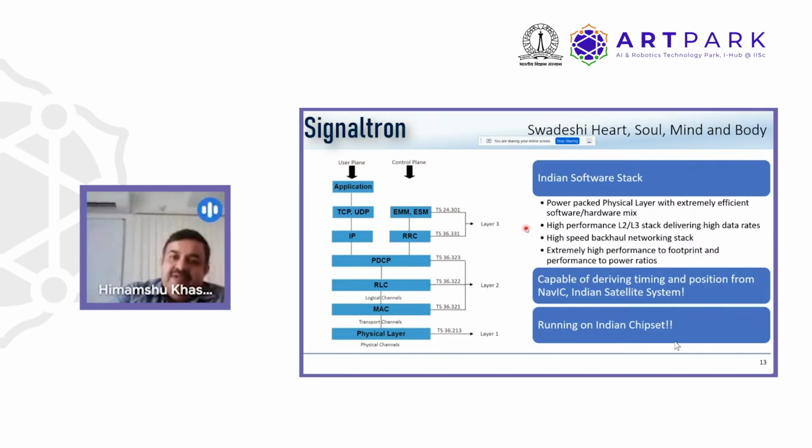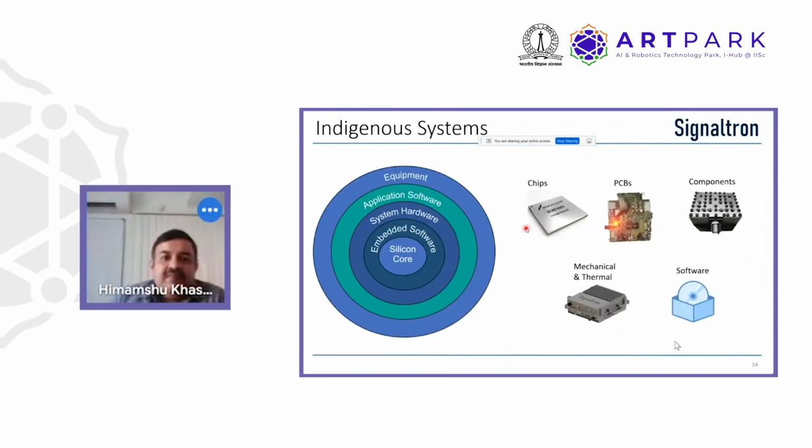So it's sort of entire end-to-end ownership in terms of technology, so that we can develop these optimal systems and take them across to Indian customers as well as the rest of the world. That's the thought process. We started a while back trying to build the silicon core, and then slowly we have added the outer layers all the way up to the equipment, and now we have complete end-to-end systems which are indigenized, and these are now being taken out to deployment.